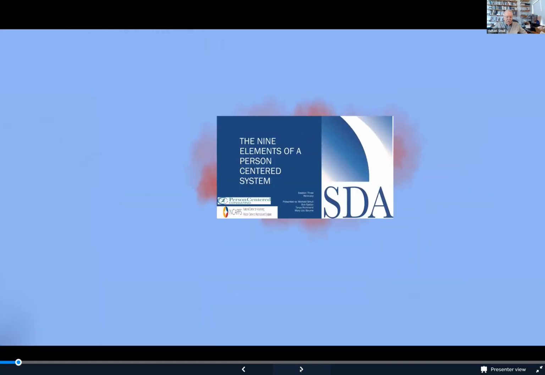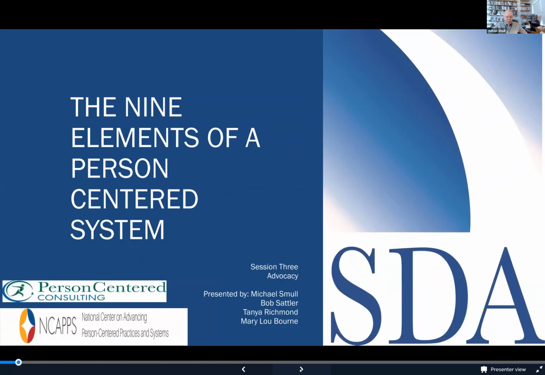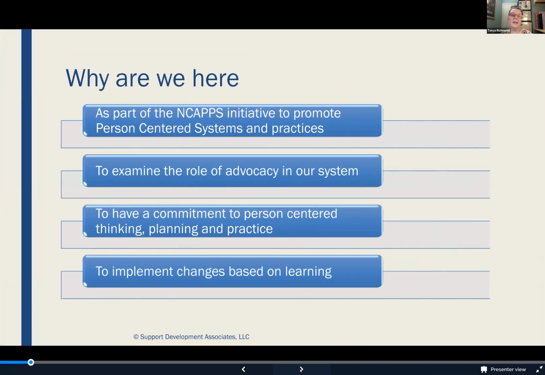Welcome, everyone, to our examination of the 9 elements of a person-centered system. This is session 3. We're looking at advocacy. So we're here today as a part of the NCAPPS initiative to promote person-centered systems and practices. This is a great way for us to get understanding and buy-in and commitment to person-centered thinking, planning, and practices